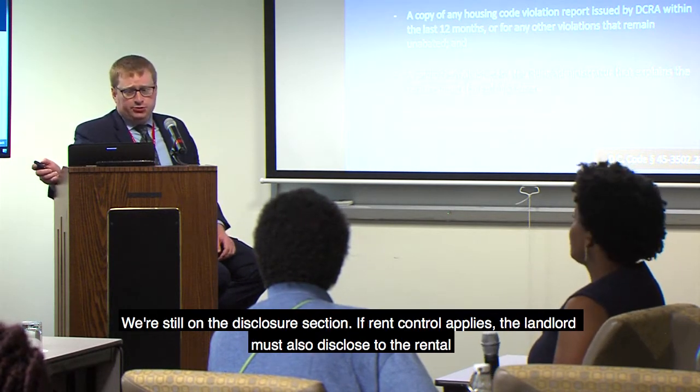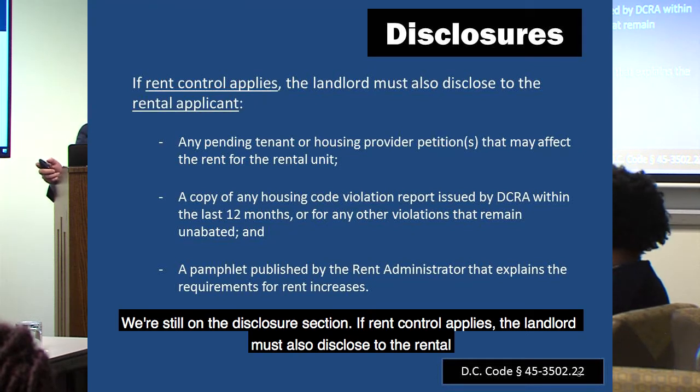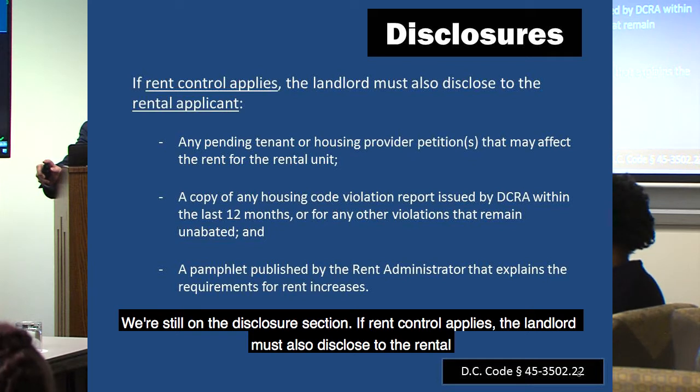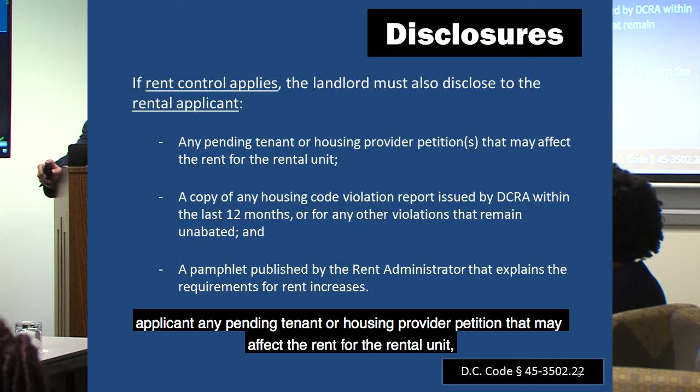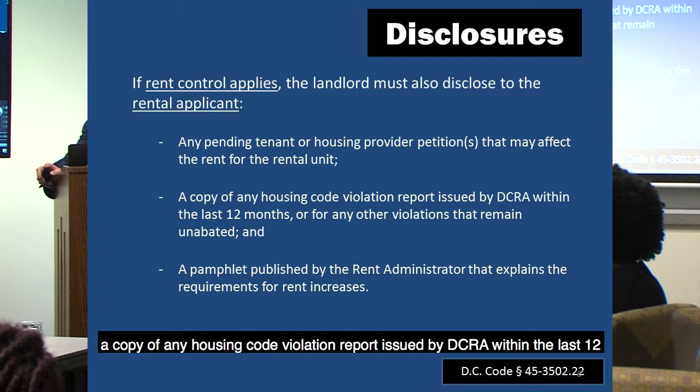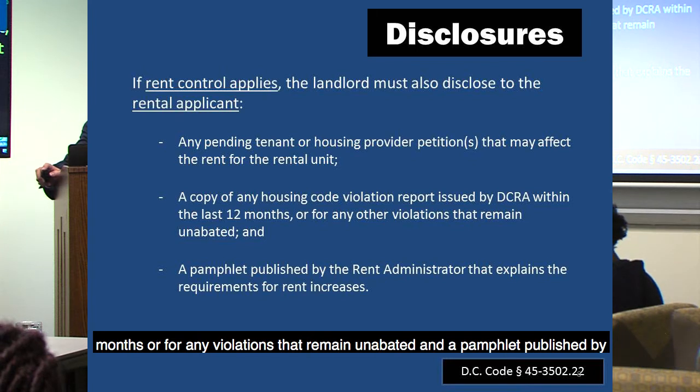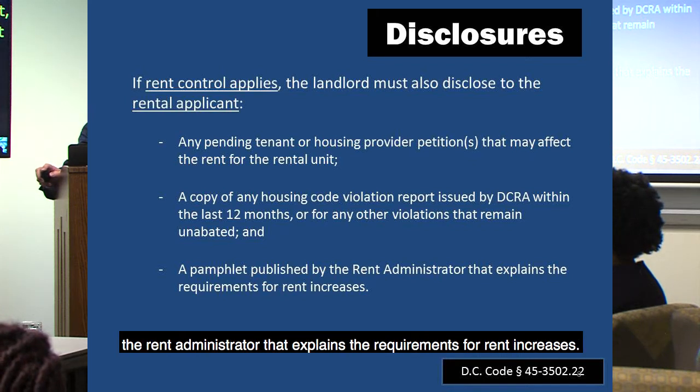We're still on the disclosures section. If rent control applies, the landlord must also disclose to the rental applicant any pending tenant or housing provider petitions that may affect the rent for the rental unit, a copy of any housing code violation report issued by DCRA within the last 12 months or for any violations that remain unabated, and a pamphlet published by the rent administrator that explains the requirements for rent